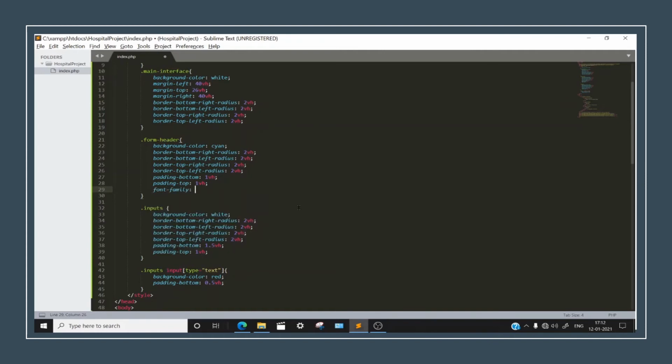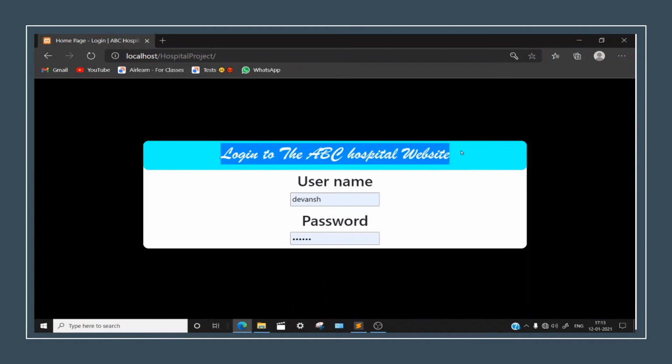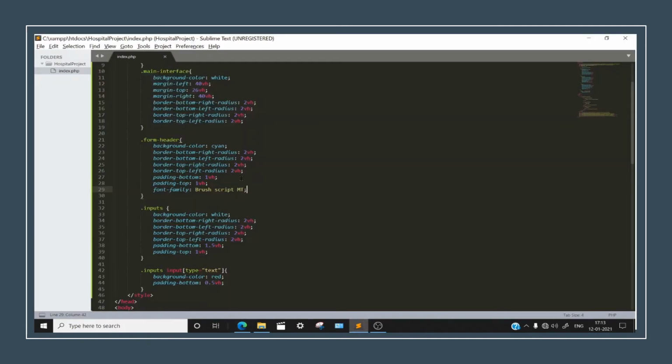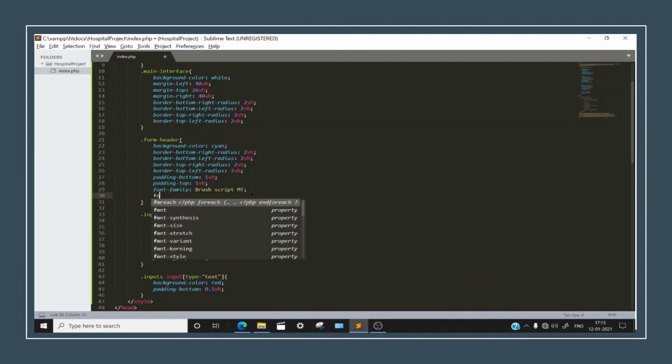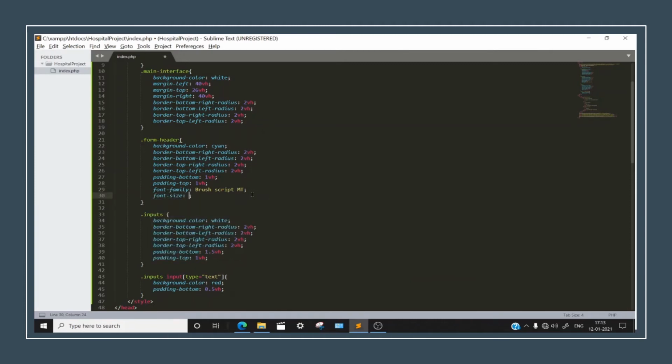Yes, we have font family, and I like this to be kept as brush script MT. Okay, and let's specify the size. Well, it's okay. It's alright. Let's see. Okay, now looking nice. Now let's change the font size to be, let's say, 2VH.